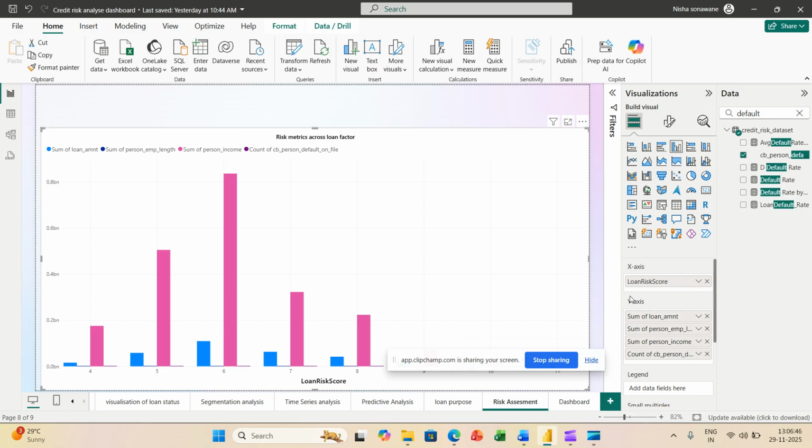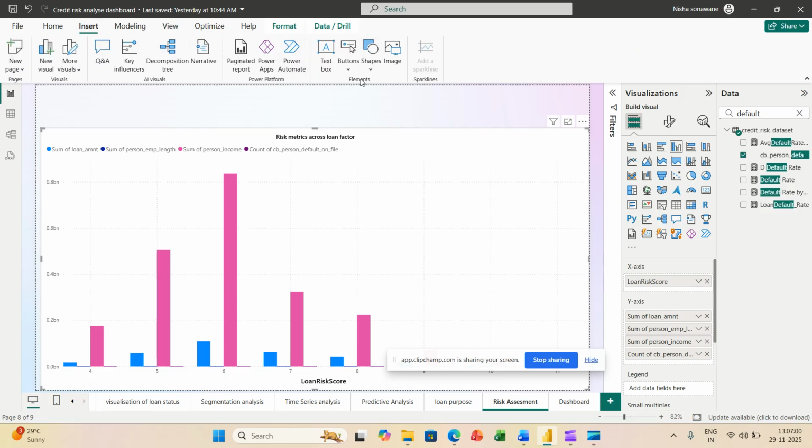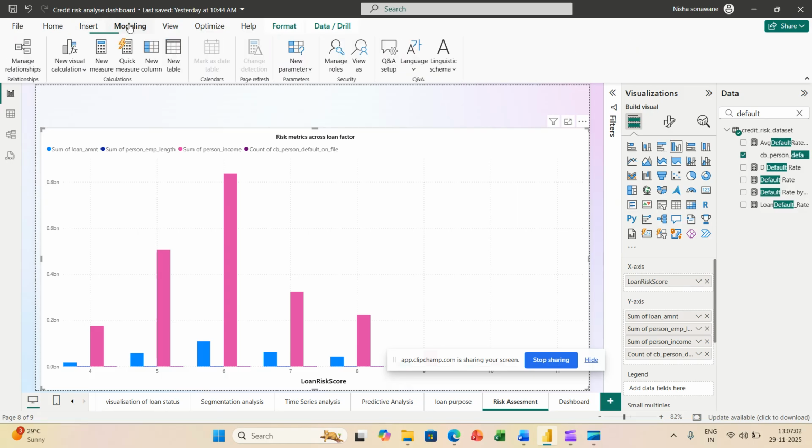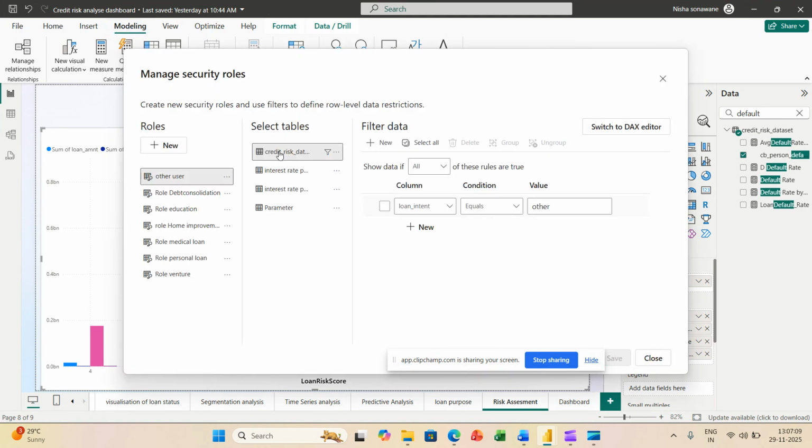Okay. To create a risk assessment, here we have to do RLS. RLS means row level security. To create row level security, you just go to the Modeling tab, click on Manage Roles, and here you can select your data set and add a column, add your condition and value for the column, and just save it.